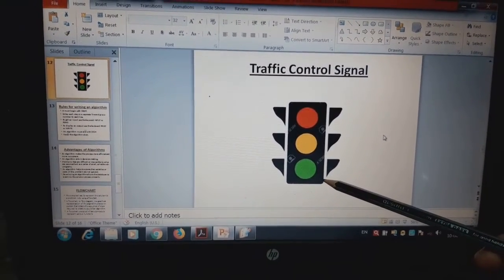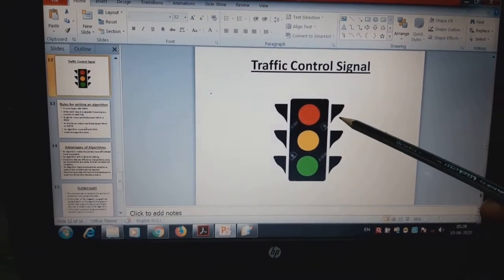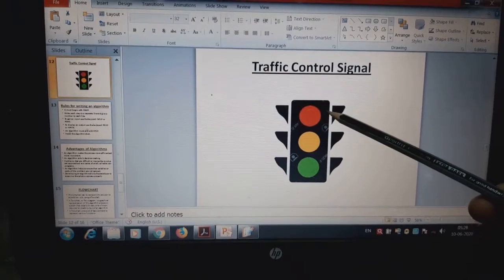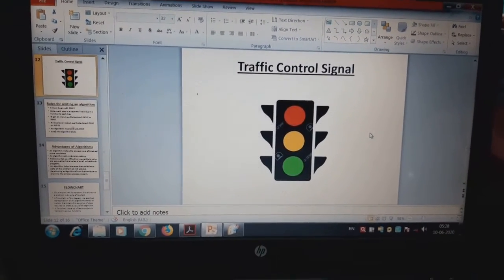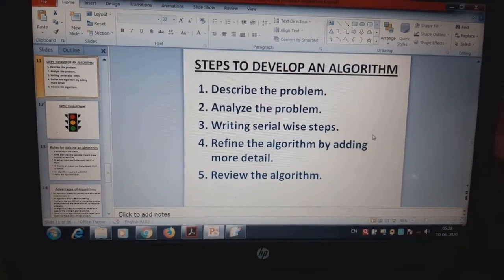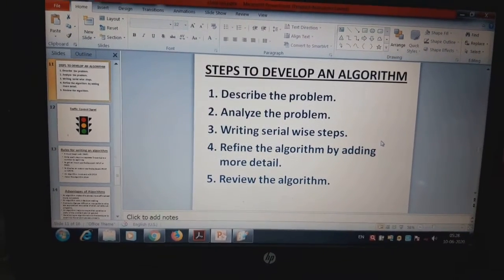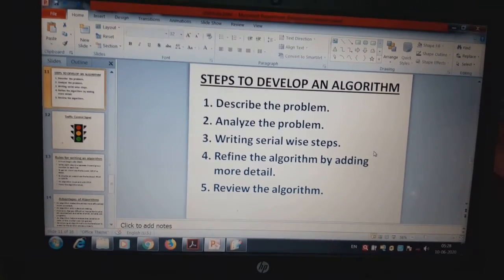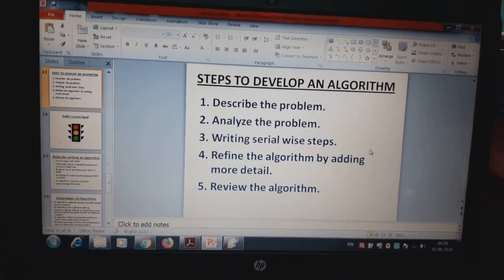Okay, and this process continues. Again the red light will glow, then yellow light. In this way you have to write the algorithm serial wise steps. Okay, in different steps you have to use it for writing the algorithm.